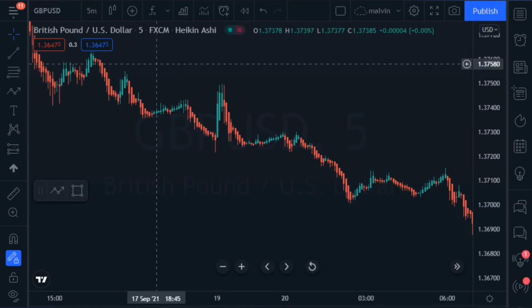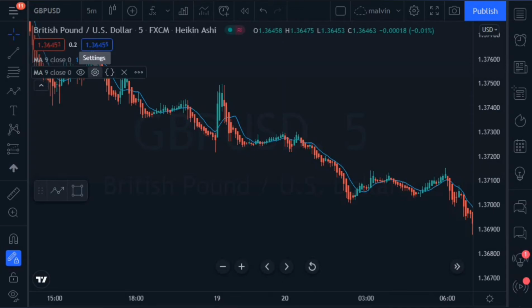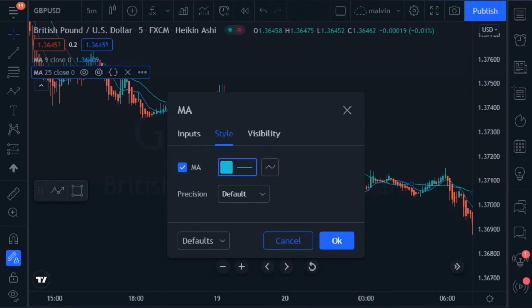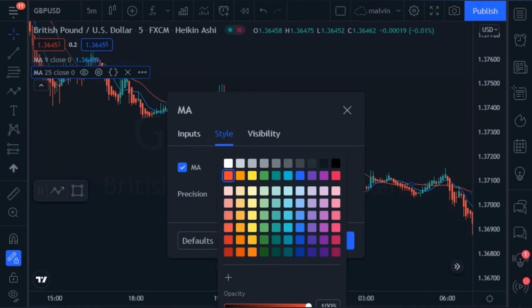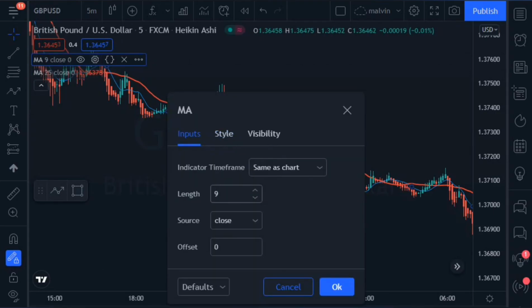So let's add in the moving average. For the people that are new here, I'm going to set this indicator up. Go to settings. Inputs, we'll increase this. You have to make one to be 25, so let's make this one 25, and let's make this red, and let's make this more visible to our eyes. So thickness, we'll make it thicker. Let's go to the second one, and inputs, let's make this twin,